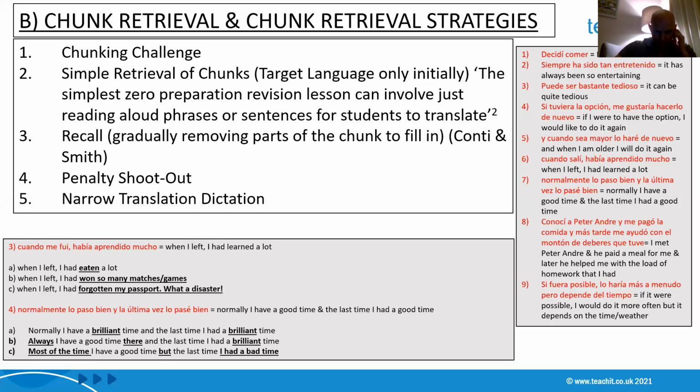This brings us onto really the next stage in the preparation of narrow translation dictations. The stage of chunk retrieval, again, could take place through a number of strategies. These could be through an activity like a penalty shootout, where you project a set of chunks to the class and one side turns their backs to the board so they can't see, obviously, the translation, while the other side